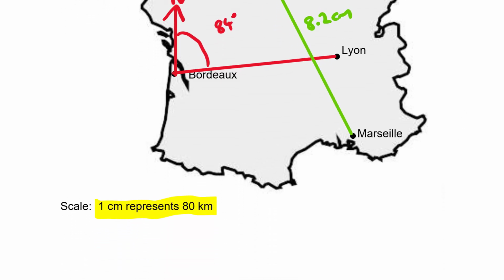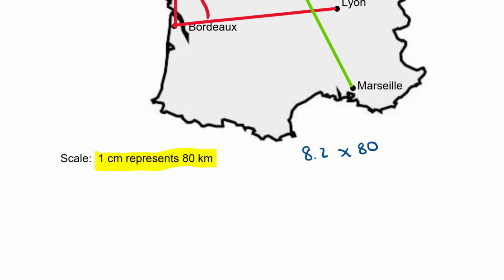So the scale factor is 1 centimeter represents 80 kilometers, and I've got 8.2 centimeters. Each one of those centimeters is 80 kilometers. I'm going to have to multiply these two things together. Okay, so again, using Napier's Bones grid,